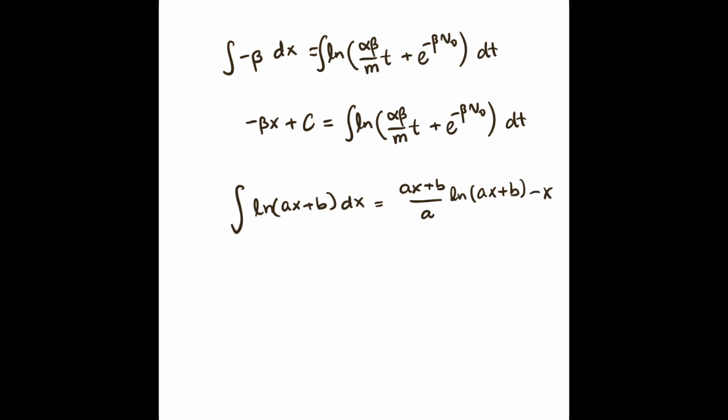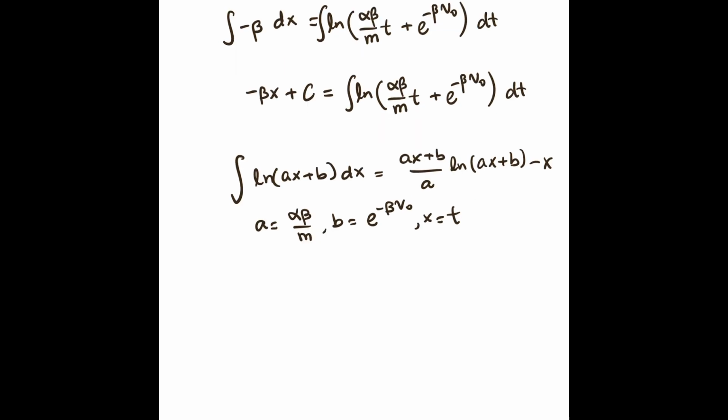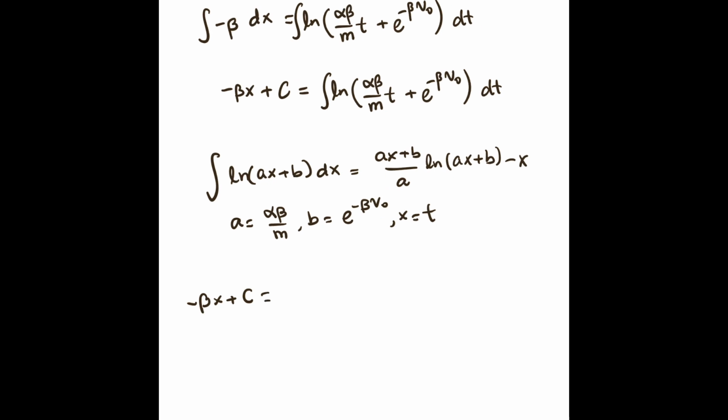And by inspection, we see that a is equal to alpha times beta over m, b is equal to e to the negative beta v naught, and x is equal to t. Therefore, we can write negative beta x plus c is equal to